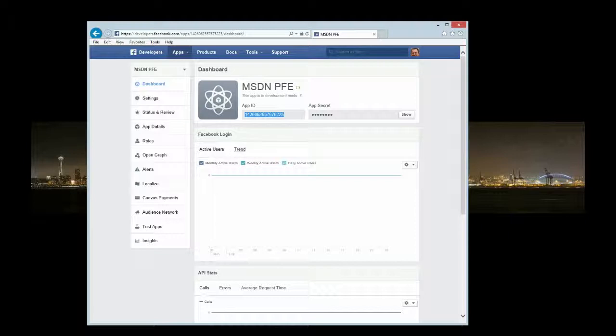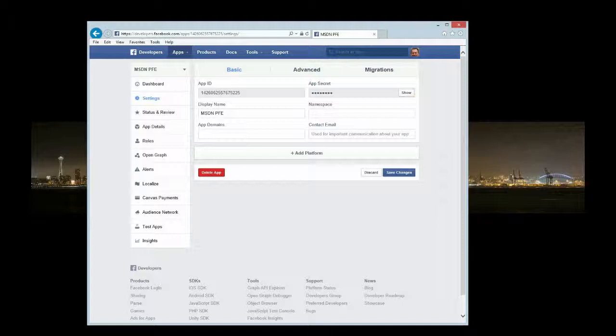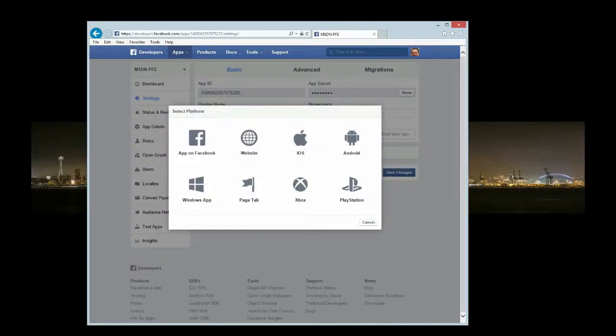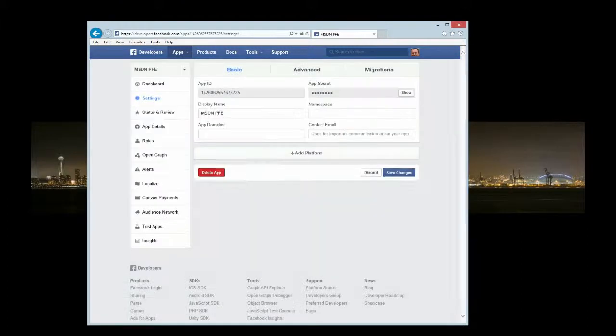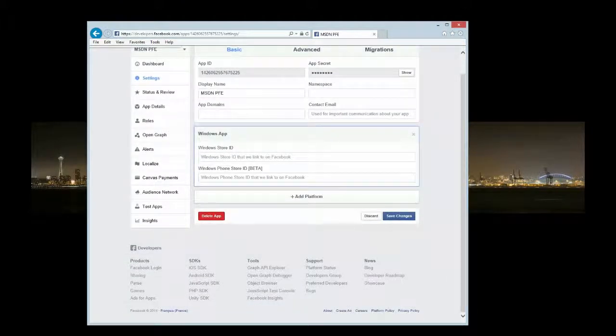But first, we need to make the association between this Facebook app and the Windows Store app we've just created before. So let's go to the settings and add a platform. So I want to build a Windows app. It also works for Windows Phone apps. So here I need to enter the ID of my Windows Store app. So if you remember,